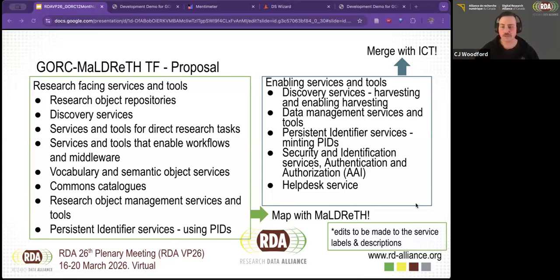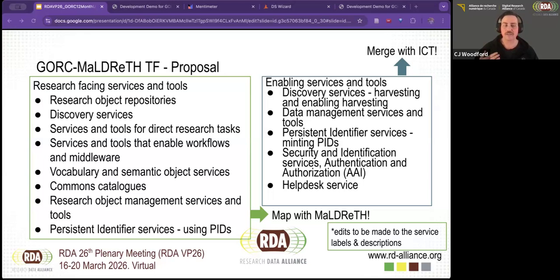So I would encourage you to, I'm going to put this in the chat as I say this, the Aldrich GORC task force Menti. I would encourage you to have a look at it, and if you have time to go through it, it's a little bit long, which is why we're not going to do it during the session now, but you can think of it as homework. I don't need to be presenting for you to access this. You can go through it at your own pace and submit it whenever you have time.